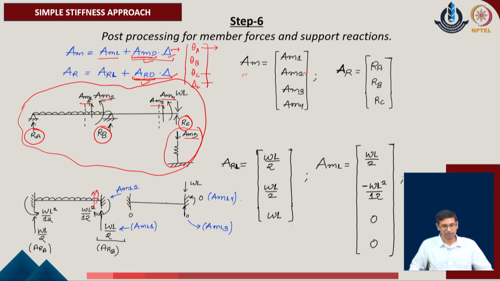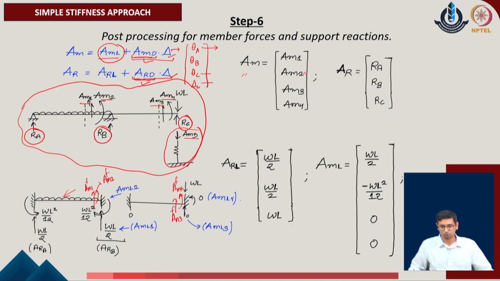So, with respect to these member force components, also we evaluate the response and we call it as the member load components for the system. In order to know these values of the A of ML, we consider the system with the fixed ended part subjected to the external load, evaluate the system reactions, and in the direction of the same system reactions, we know the values of AM1 with respect to the fixed ended part, AM2 with respect to the fixed ended part, AM3 with respect to the fixed ended part, and AM4 again with respect to the fixed ended part.